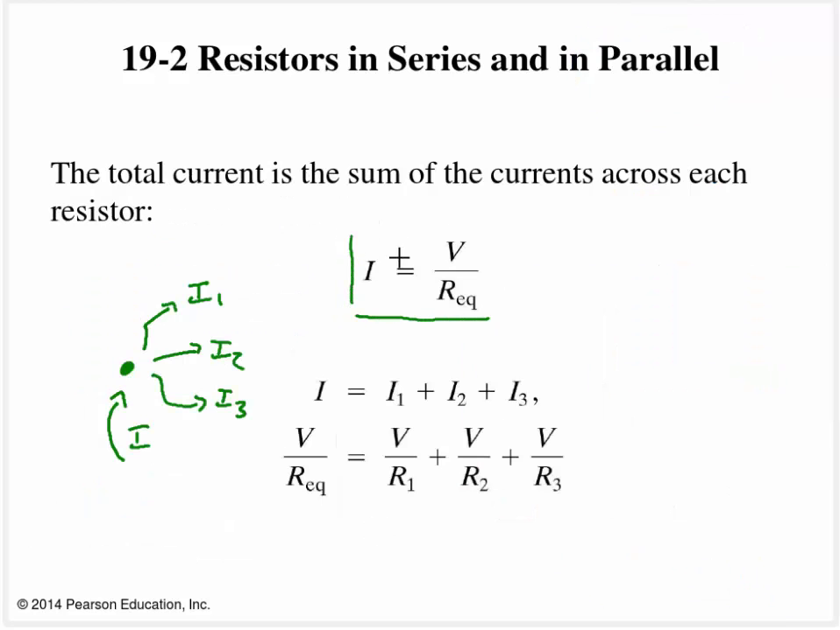So much like I said on the last slide, you can write the current at the end of the day is going to be the voltage divided by the equivalent resistance. Something else to keep in mind is charge has got to be conserved, and so current,